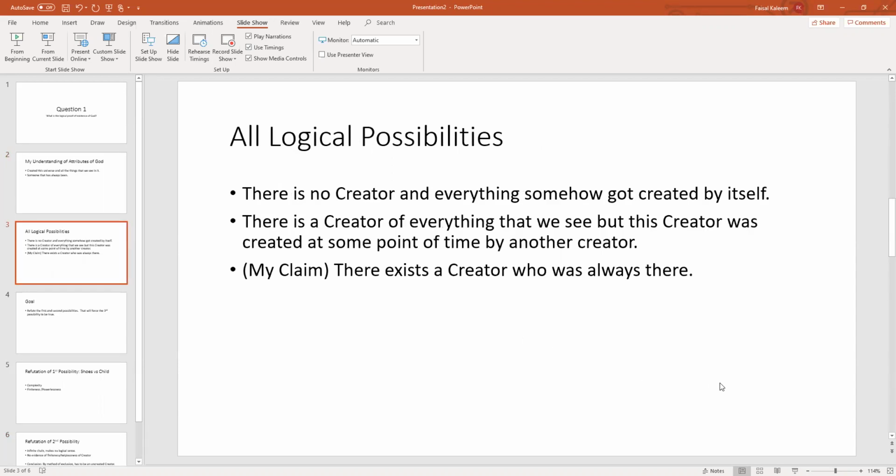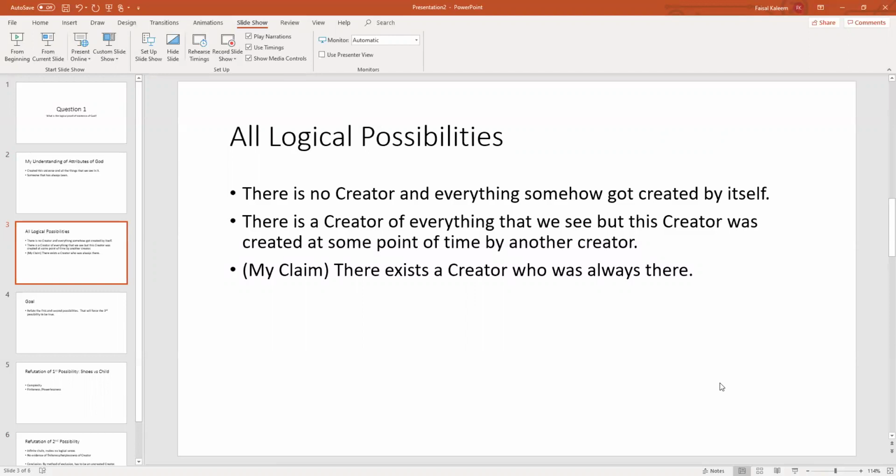Now, logically, one of these possibilities and only one of these possibilities has to be true. The other two have to be false. So the possibilities are, number one, there is no creator and everything somehow got created by itself. Number two, there is a creator of everything that we see, but this creator was created at some point of